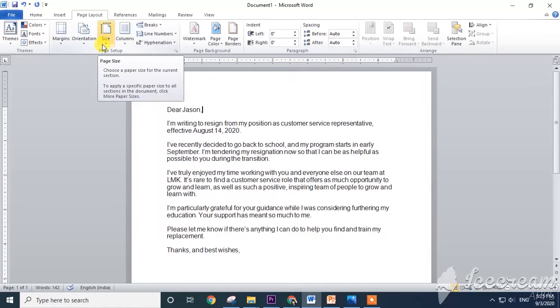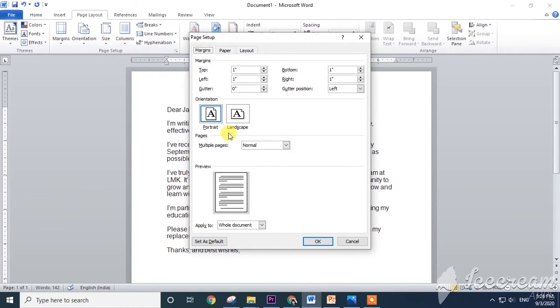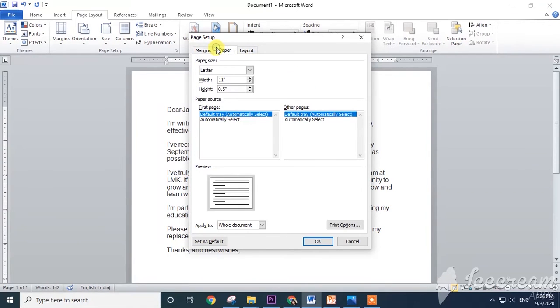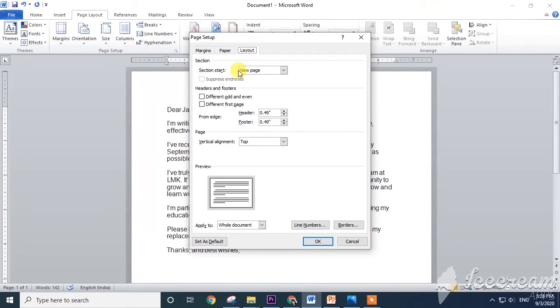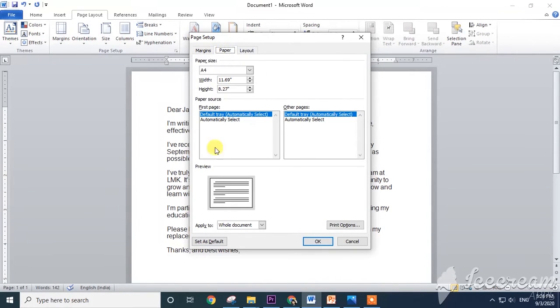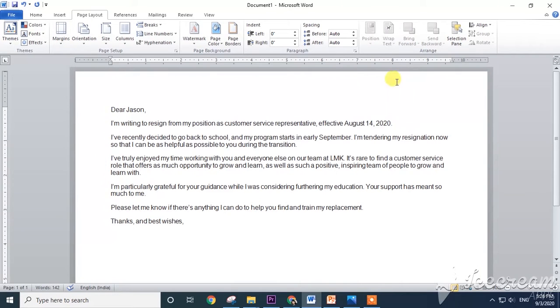Now you can select the page size also. There are more options. Here again you can see the two options, portrait mode and landscape mode. Click on paper and paper size, whichever one you want. Suppose we are having A4, I will select A4 size. You can give your own size, width and height, and click on OK. See here, it becomes horizontal and the paper is in A4 size. In this way we can select the orientation of our page or document.